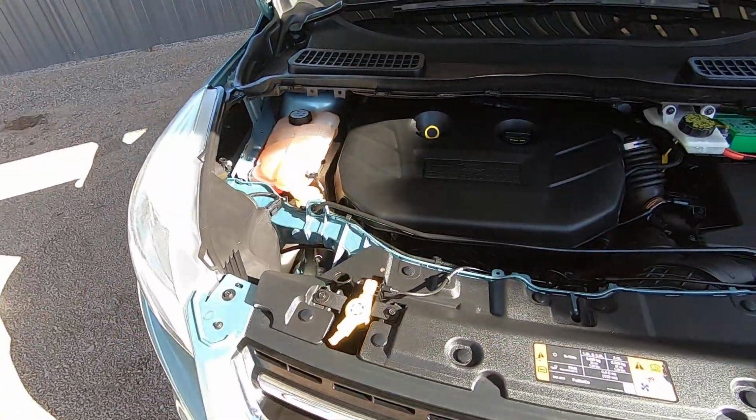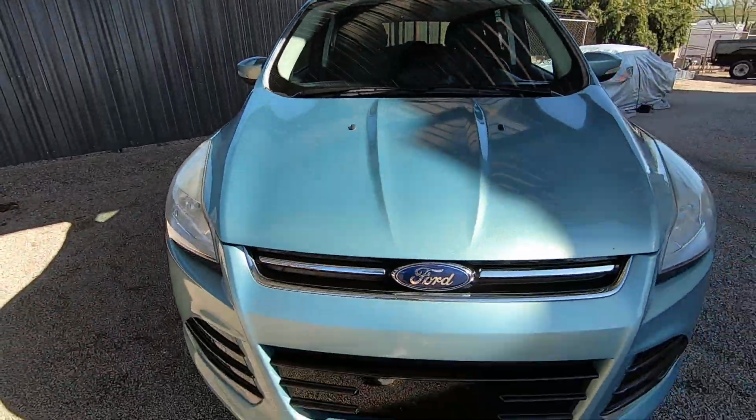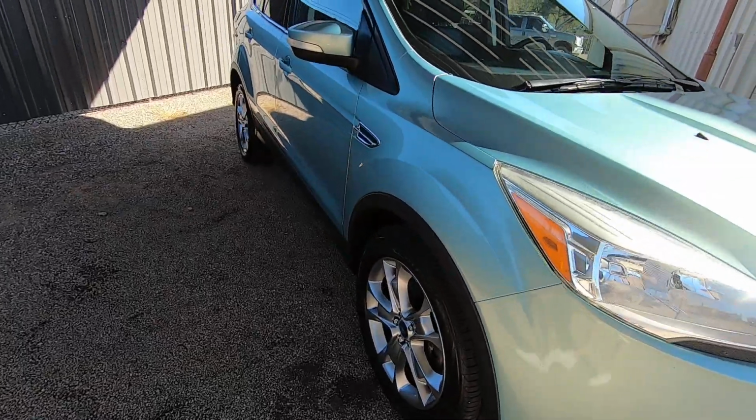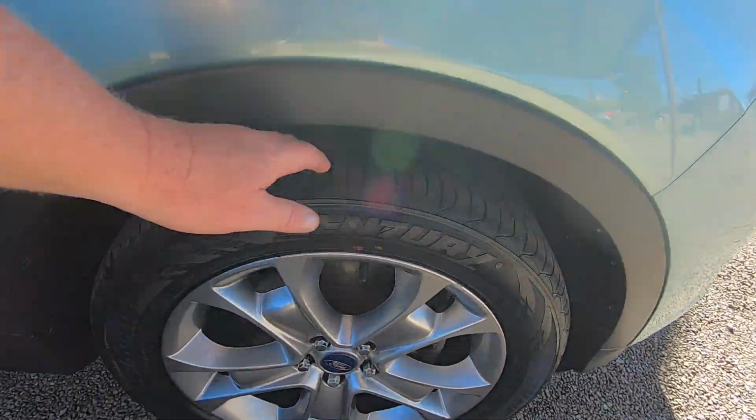Everything's beautiful under the hood. It looks like a 60,000 mile car. It actually looks better than a 60,000 mile car. I think the only thing I noticed in the auto check, which will be linked in our ad, and I'll show you in a second live,